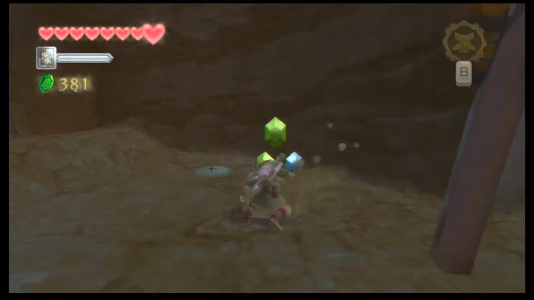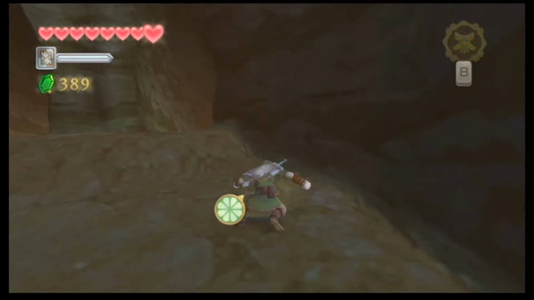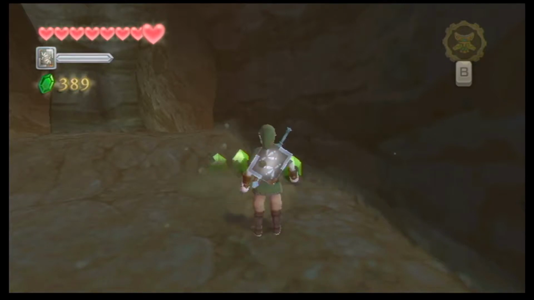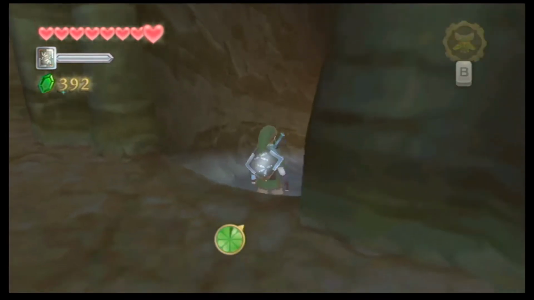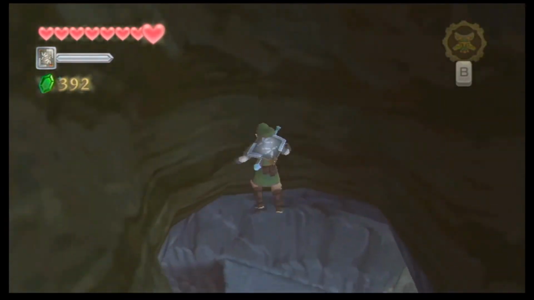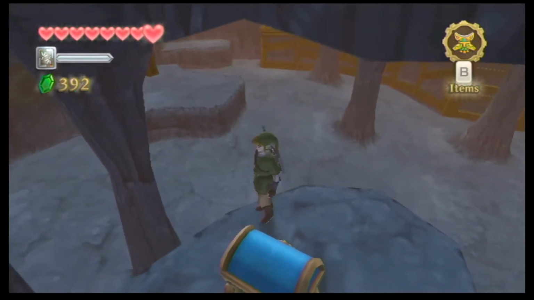But also make sure you take advantage of the digging spots up here to get some rupees and hearts. Sometimes there'll even be fairies in them, so that's pretty nice. So head through the middle hole, the middle slide, and you can open the treasure chest down here for